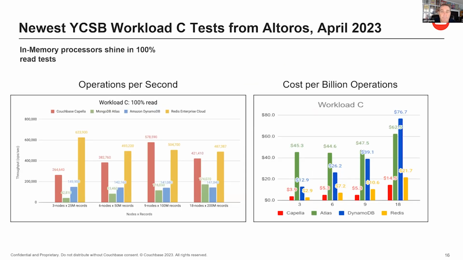Now, don't just take my word for it. We've actually independently tested Couchbase against competitive solutions that do these kinds of things. The yellow bar in my workload C here, 100% read, is Couchbase versus Redis, as well as Mongo and Dynamo. But the important ones are the red lines and the orange lines. You can see, just operating as a cache reading, Couchbase is very competitive with a pure cache like